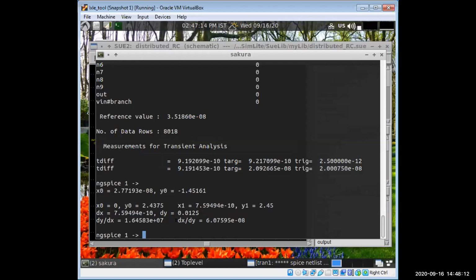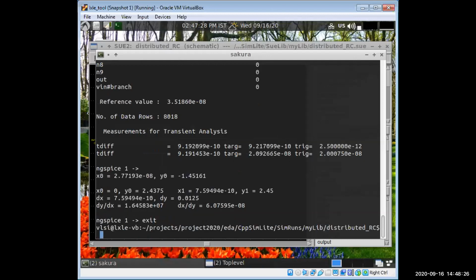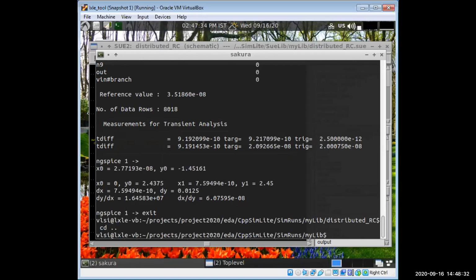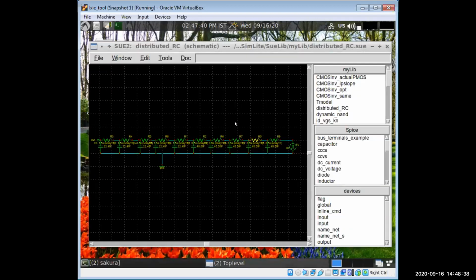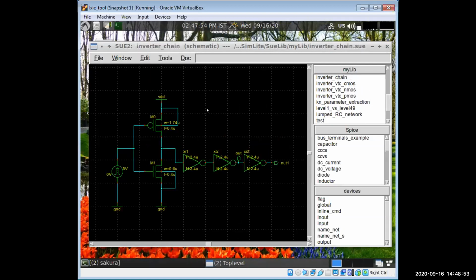Yes, sir, we will show the inverter chain now. Just give them 2 minutes if they have any doubt regarding this. So, Akanksha or Wakar, did you understand or do you have any doubt? Yes, sir, I've understood. Okay, Samya? Yes, sir. Sushri? So okay, I think everyone understood this thing.